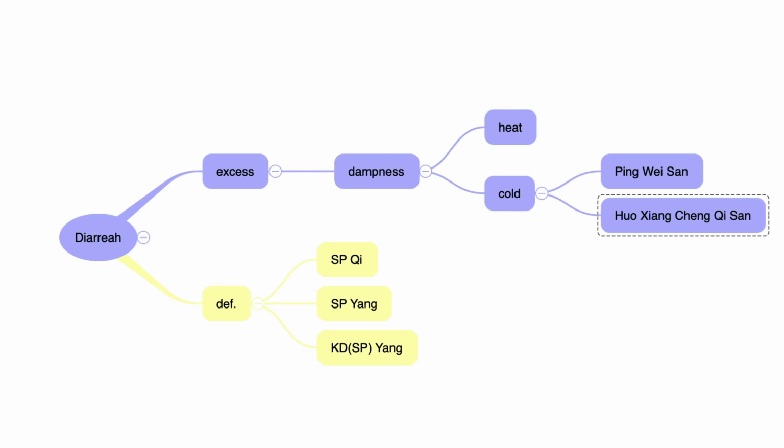Hu Shang Cheng Chi-san is a combination of urchin tongue and Pingwei-san and Hu Shang and Suye. So it treats release and exterior simultaneously. So enteritis, it treats enteritis. And heat type, first,